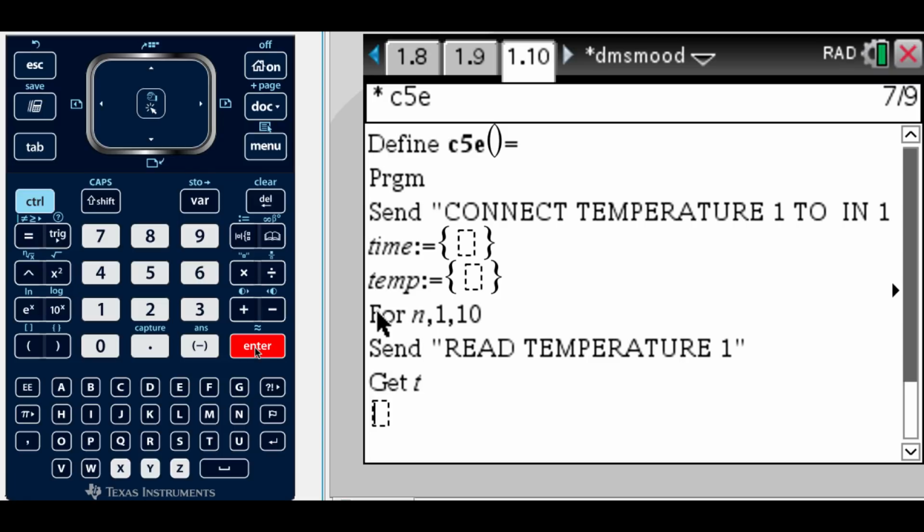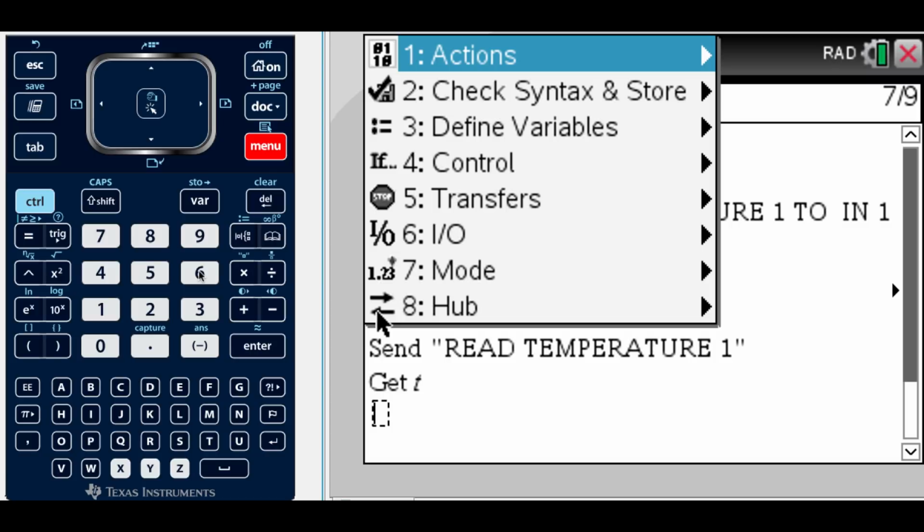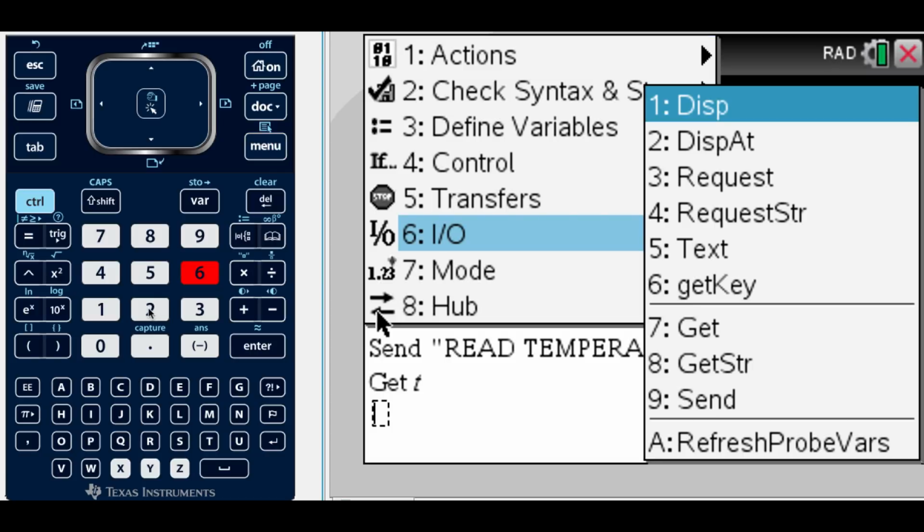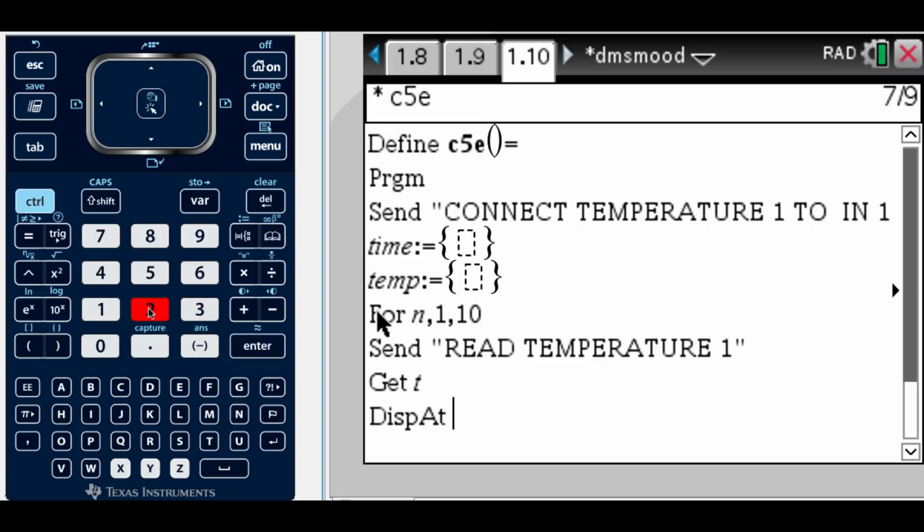Let's enter a disp@ command to display the value of time in seconds for a cycle of the loop based on the loop counter variable n and the loop cycle time of approximately 0.5 seconds. Menu, 6 for I/O, 2 for disp@, then enter the row as 3, comma, then enter time equals,